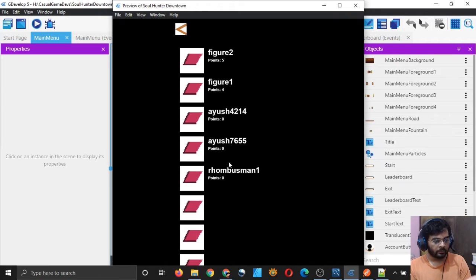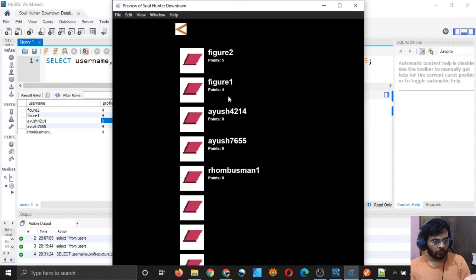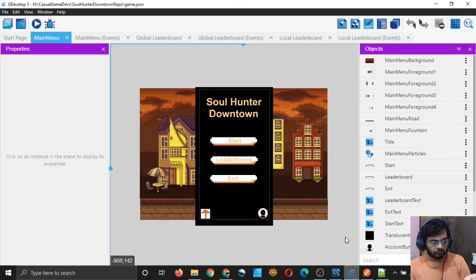And it's the same points which are present in our database, 54000. You can see 54000. So that's good. It's working properly, right?